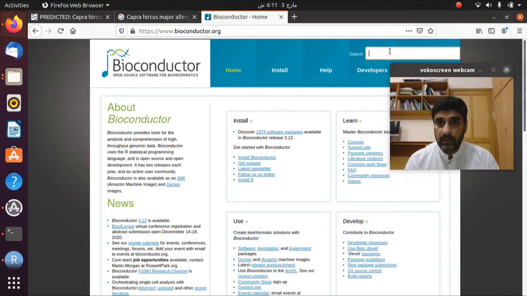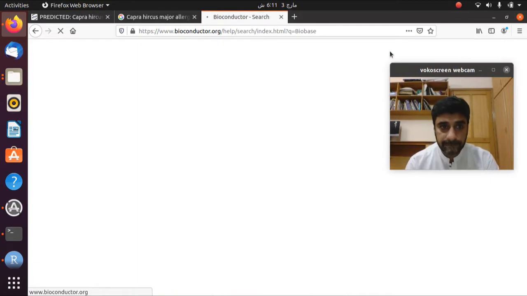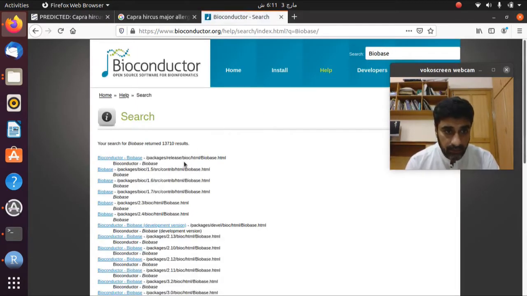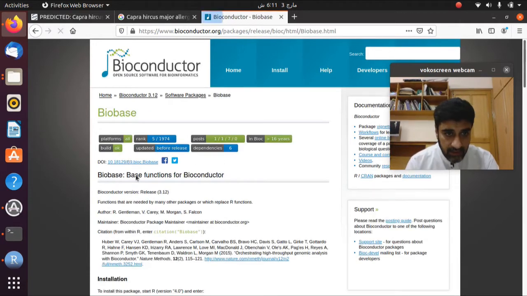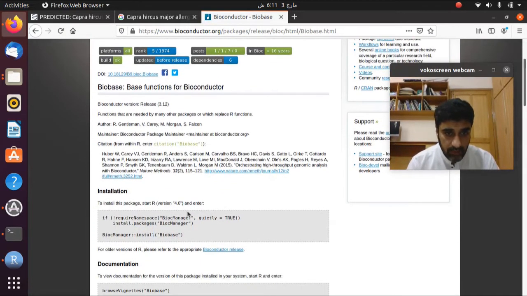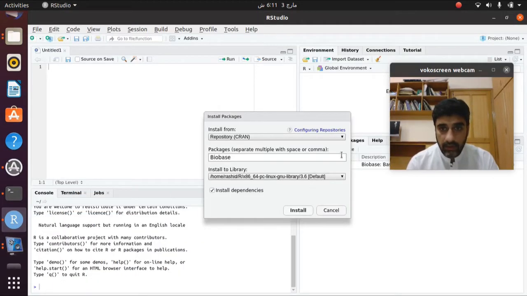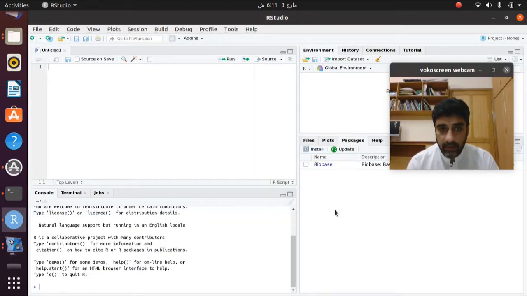Here you can just write Biobase. So this is Biobase. Just click it here, and then copy this code from here. Copy it, go to the R, and paste here.